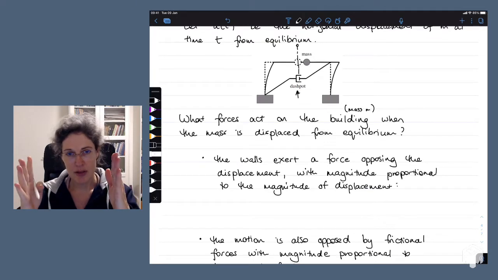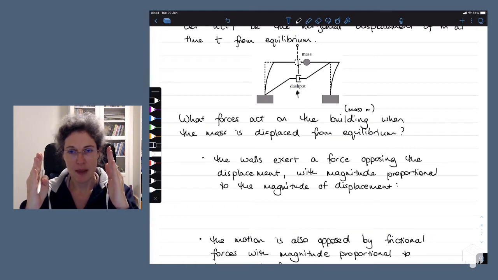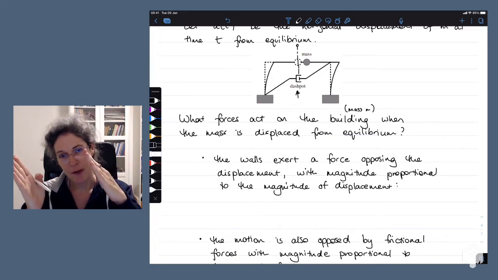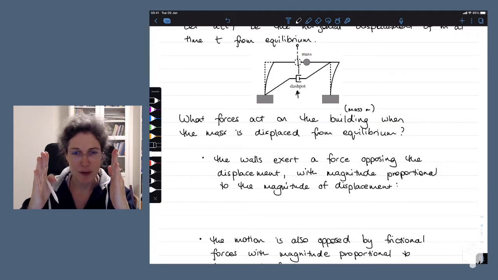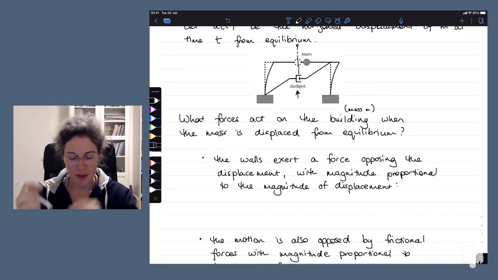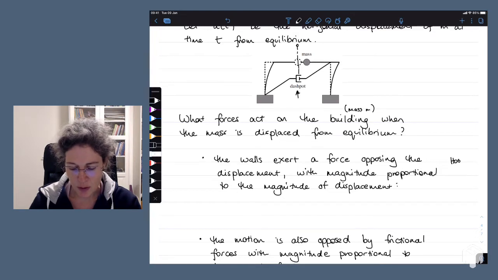Well, if you think about the situation, as soon as we're displaced from equilibrium, the first thing that's going to happen is that the forces due to the walls are going to push us back towards equilibrium. So this is a restoring force, and if we think about the magnitude of it, the further away from equilibrium we get, the bigger the force to push back. There's a definite feeling of a kind of spring force happening here. And that's often what you'll find in these kinds of systems. You have some sort of Hooke's law